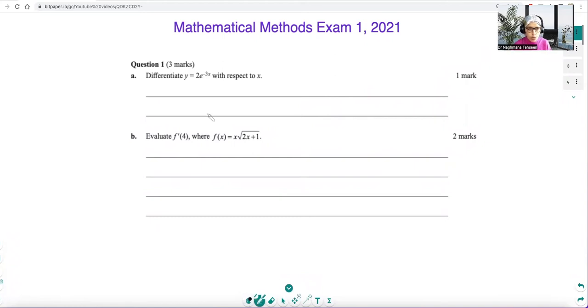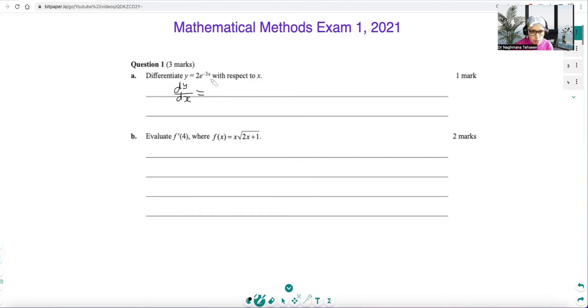So the very first question has two parts in it and it's worth 3 marks, so that's pretty good. So let's start with part A, where we have to differentiate y equals e to the power negative 3x with respect to x. So to find the derivative dy over dx, what we need to use is